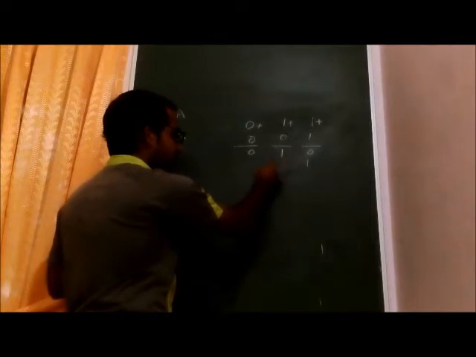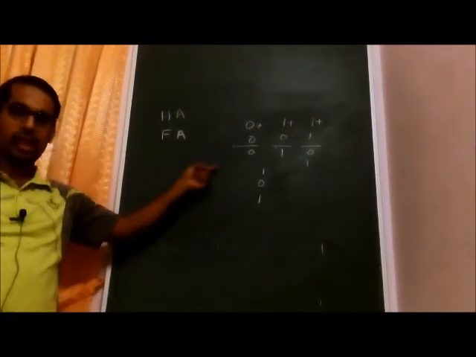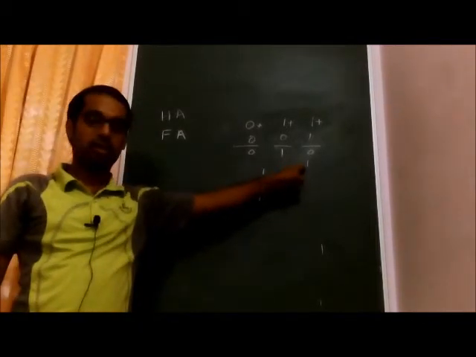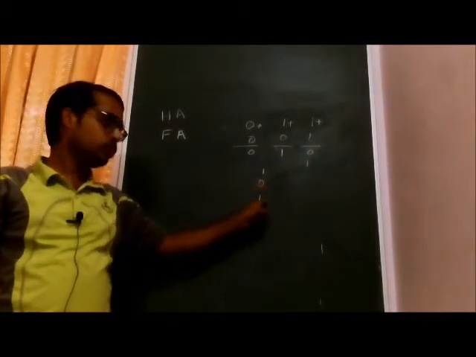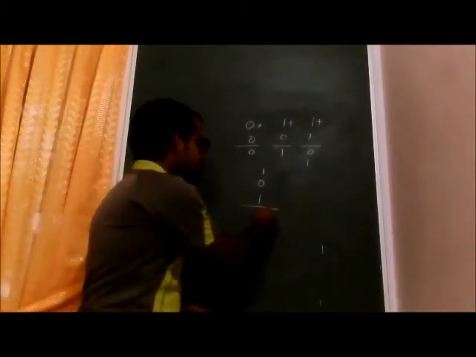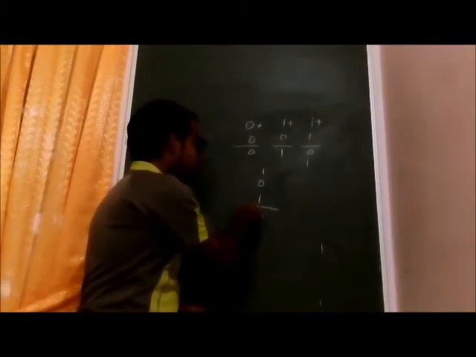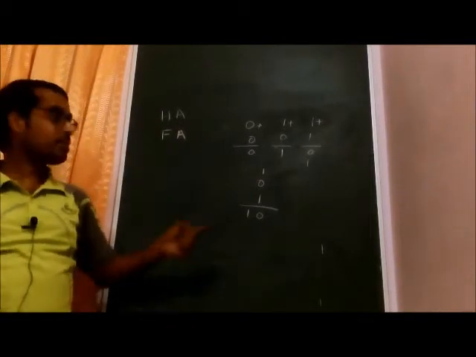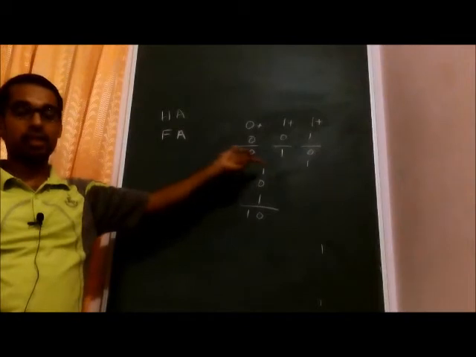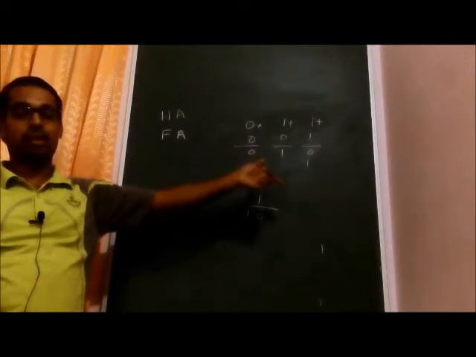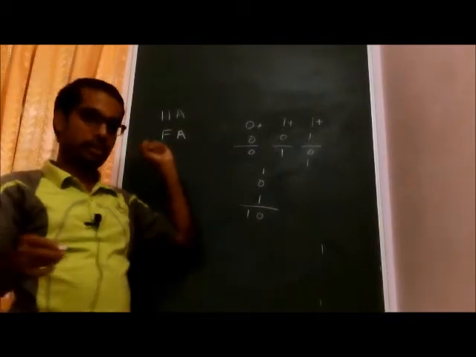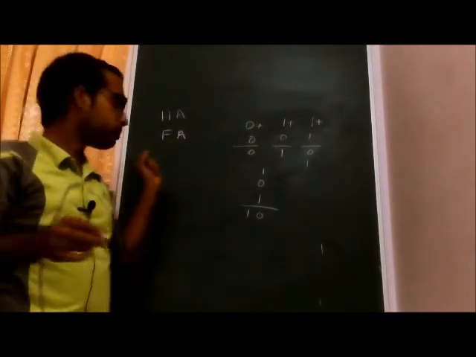So we need to include that, so that there is a 3 bit number. This is the carry from the previous bit, and these are the two numbers A and B. So this is the carry. Then you will get the answer, that is sum 0 and carry 1. So that means in a full adder we can add 3 bits. The third bit can be the carry in from the lower significant bits. This is the advantage of a full adder.